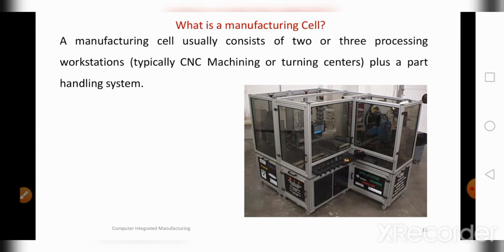Typically, in various chapters we have studied the minimum rational work content and how we divide the processes. One or the other processes we do in parallel, or one after the other. So how can we combine those processes in a single workstation, or manufacturing cell? Two, three, four, any number of processes can be carried out on the work part at a time. That is what we call a manufacturing cell.